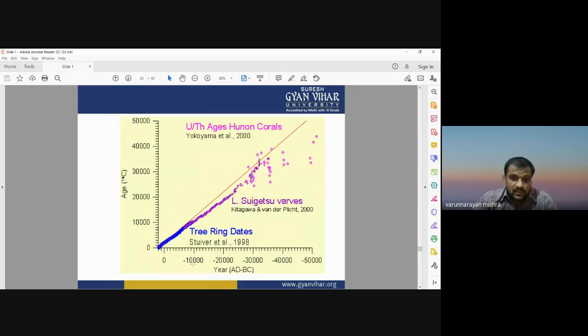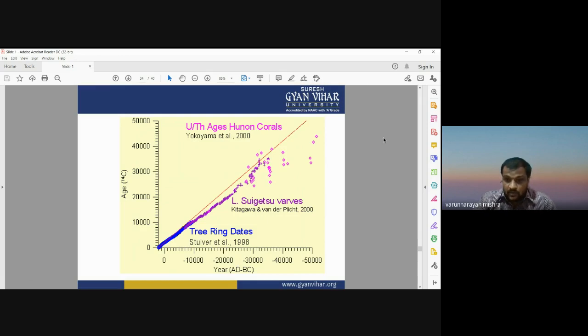Okay, so this is another figure showing the year in AD/BC scale on the x-axis and the age of that carbon 14 material, carbon 14 element. So it's a linear trend. It means with increasing age of the carbon 14, it will take more years to decay. So it's a linear trend between the age of carbon 14 and the years taken by that carbon 14 to decay, or to convert into nitrogen 14. That is the sign of the death or living of that organism.